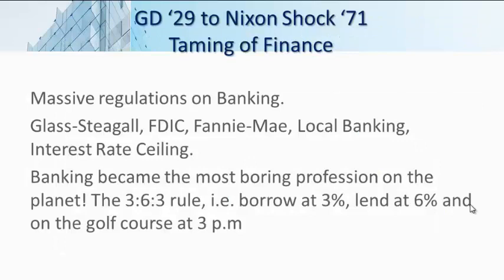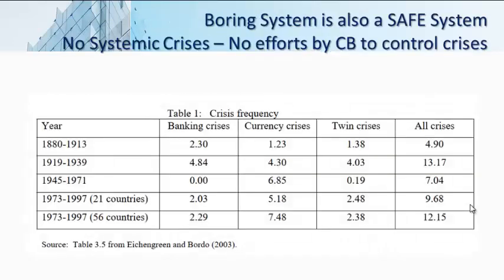Basically, in this period, from 44 to 71, we have Bretton Woods. In 1944, it became clear to everybody that gold standard cannot be restored. So they met and they said, okay, what's going to be the post-war? World War II was winding down, and it was going to end soon. And so people said that, okay, after the war we're going to have a trading system. So what's it going to be? It cannot be the gold anymore.